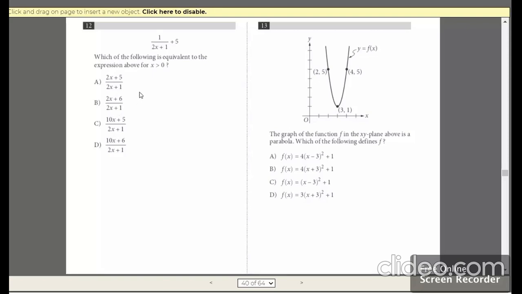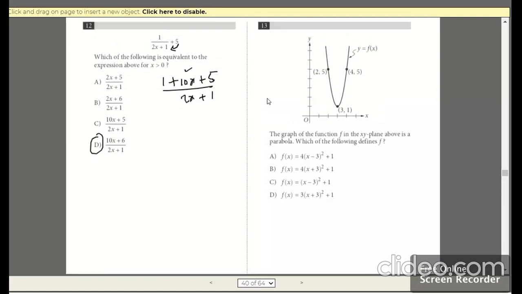Instead what we are going to do is check that the denominator is 2x plus 1 always. So just multiply it with this expression, check what you are going to get, and add 1 to it. So 5 times 2 is 10x plus 5 times 1 is 5 over 2x plus 1. So basically it will give me 10x plus 6. So that is option number 6.